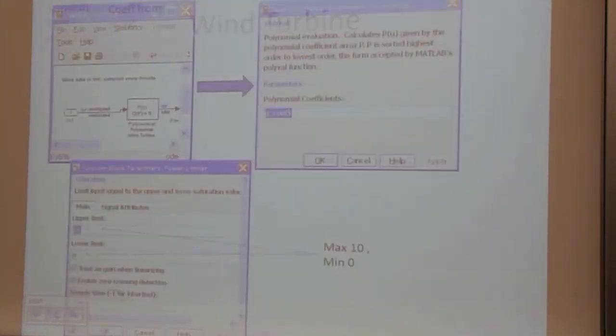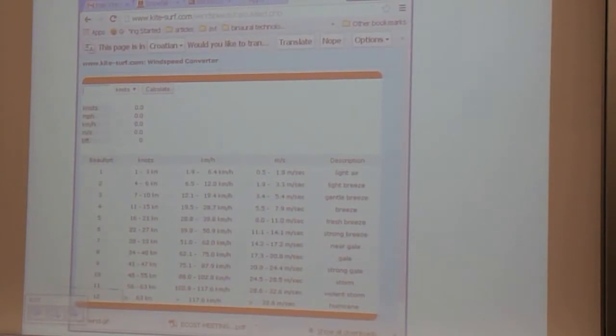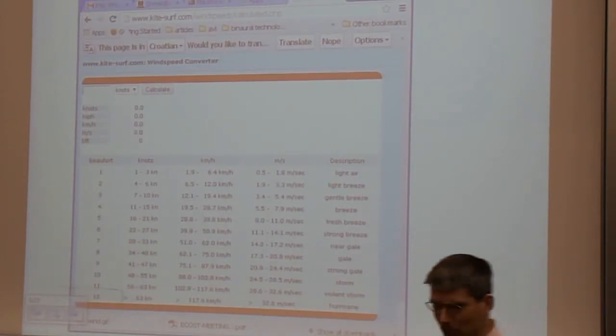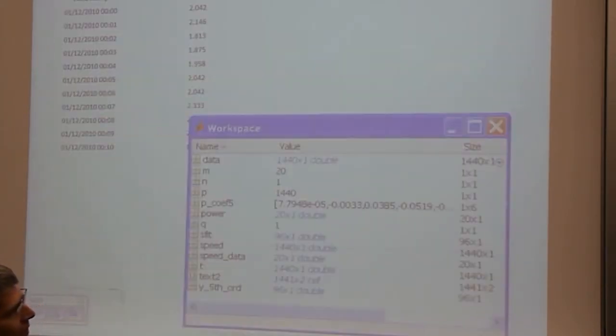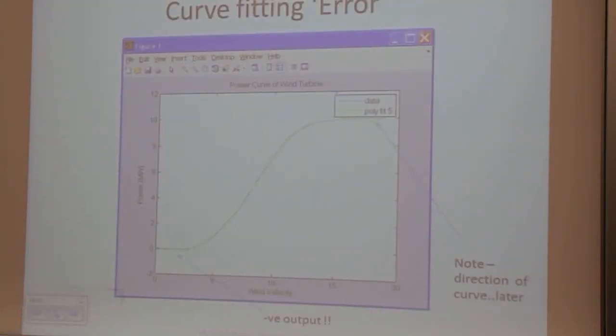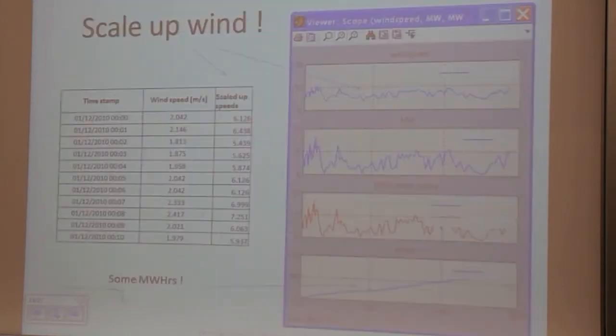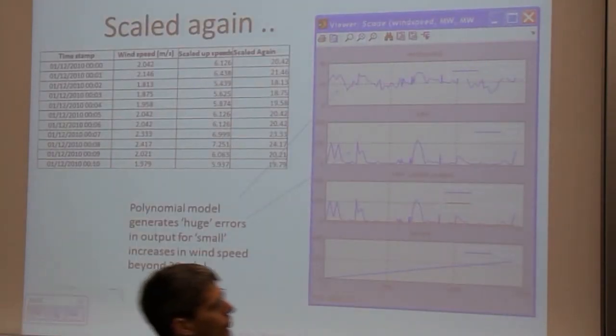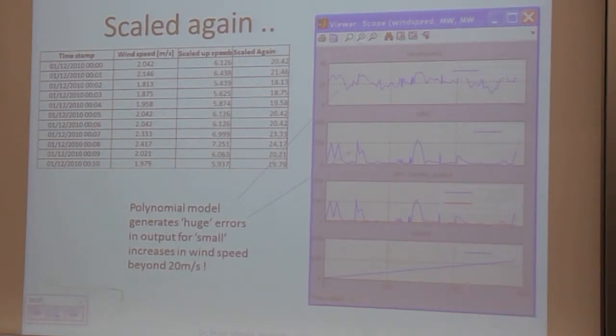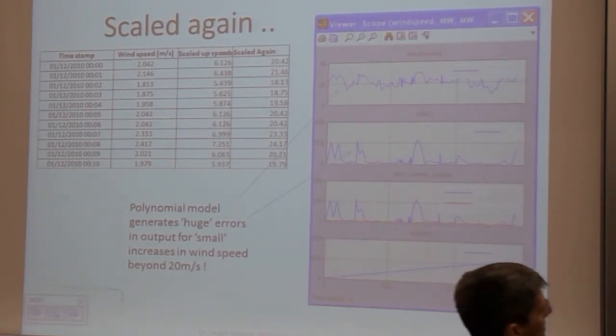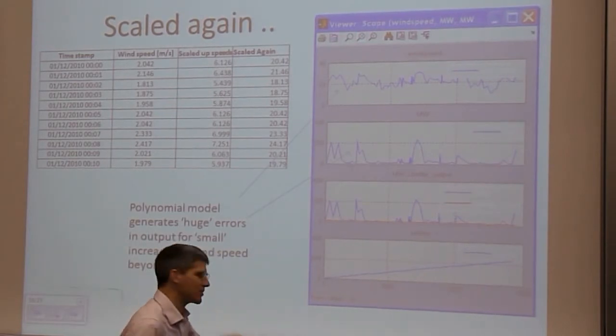Remember, go back to our scale here at the very start. This is meters per second. So anything above 20, you're talking about storm force 9. Strong gale. Remember, we got up to hurricanes down in the south 2 weeks ago. So we're generating loads of megawatts. Yeah. So now, the interesting thing here is that, remember that we max out here at around 16 or 17